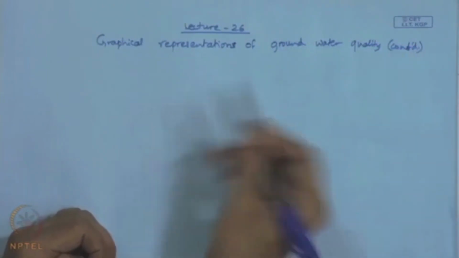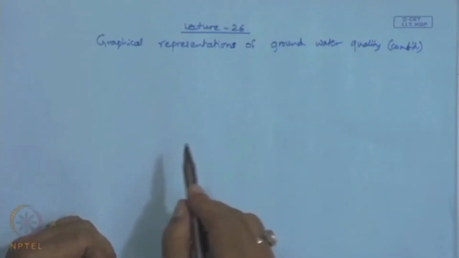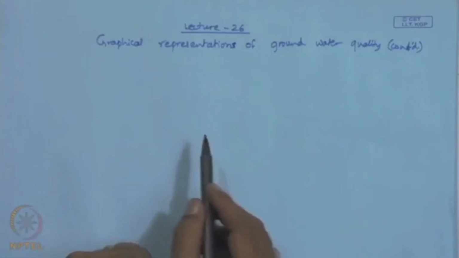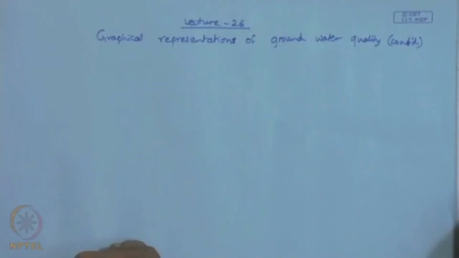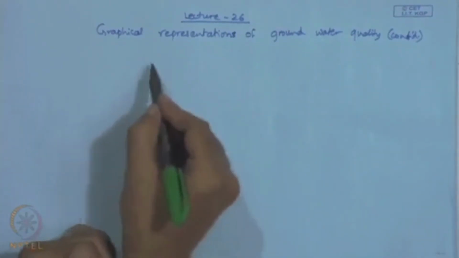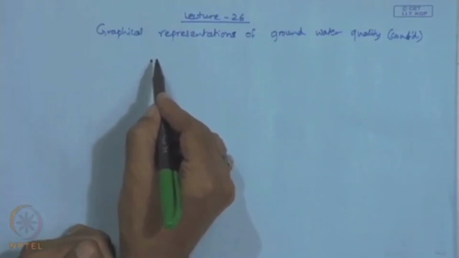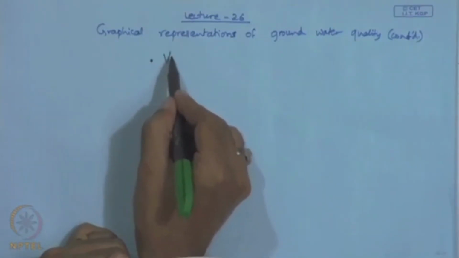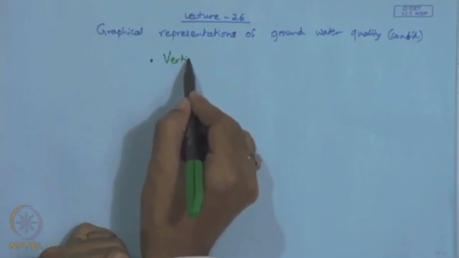After this we will move on to a new chapter, that is on surface and subsurface explorations of groundwater. We have already discussed, in the previous lecture, that the graphical representations are of the type